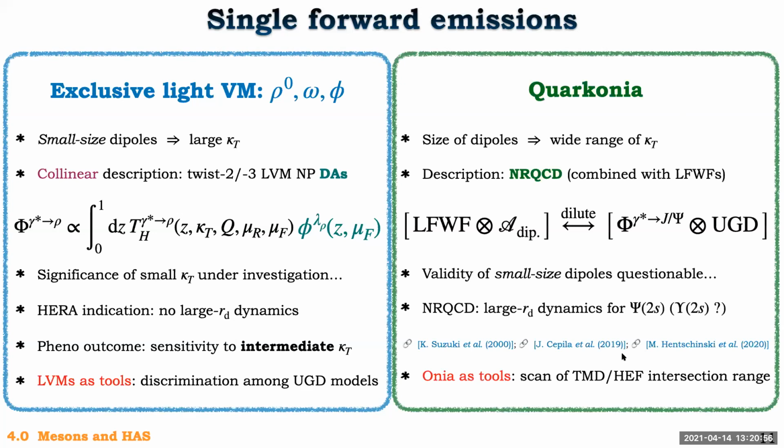And I would like to briefly mention an outlook about quarkonia, in which the dipole size gives us the possibility to describe a wide range of kT. We can have a description in terms of relativistic QCD combined with light-front wave function. We can work in the dipole limit, both in the dilute limit, both in the dipole coordinate or in the kT space. And the validity of small-size dipole is questionable. In particular, larger saturation dynamics is expected for excited states of quarkonia. And we can use quarkonia as a scan for the intersection of the TMD and high-energy factorization range, because smaller kT means going inside the TMD regime in the case of